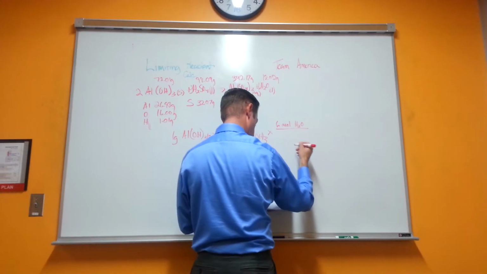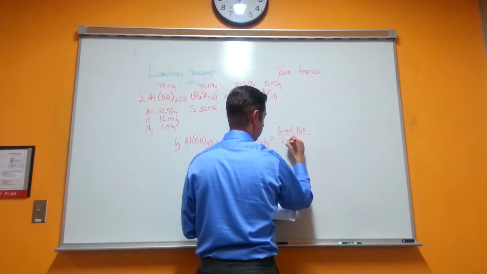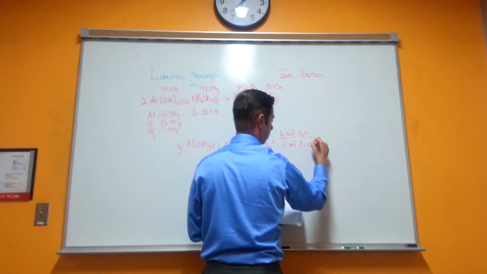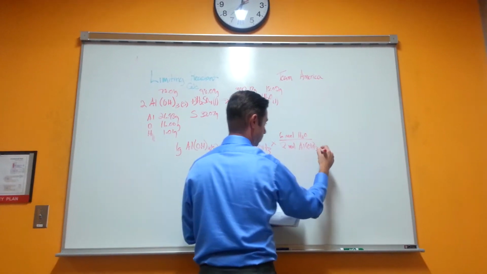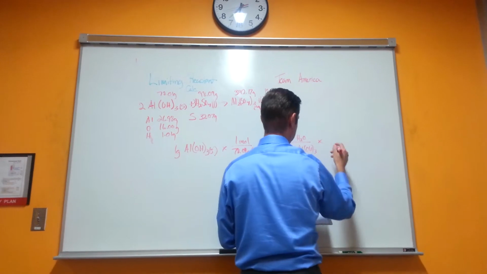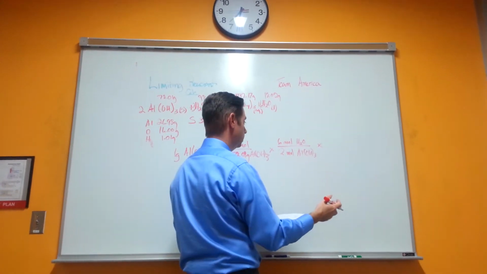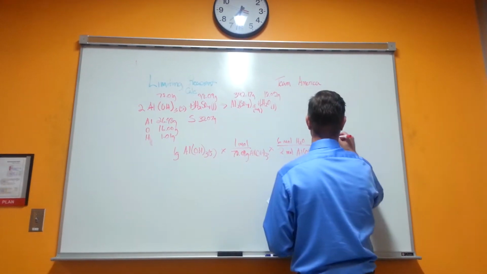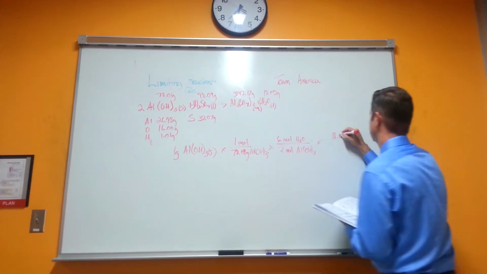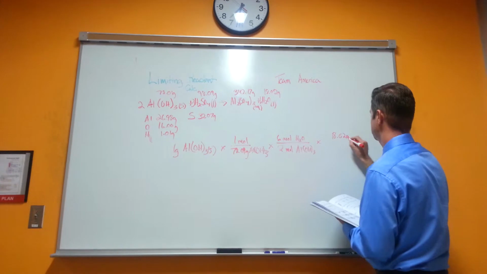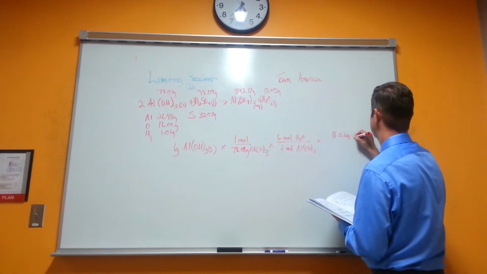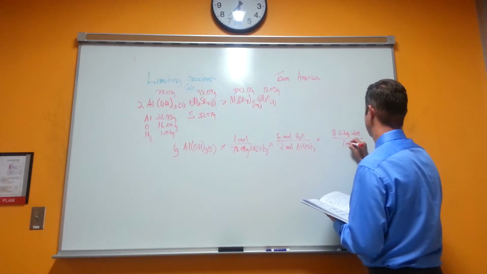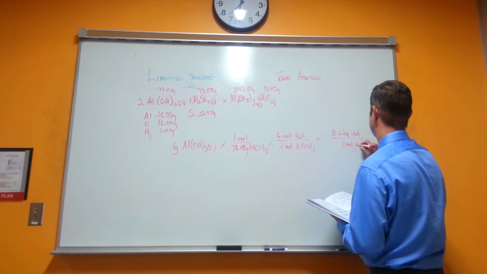So we're going to bring that down here and say we have 2 moles of aluminum hydroxide. And then we're going to convert this back into water. So then we know that 18.02 grams of H2O